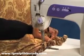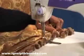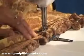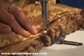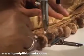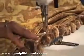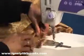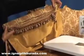And as I start to sew, you'll notice how it's gliding through all those layers of thickness, through the pleats, through the braid on the trim. Nothing's getting caught, nothing's getting hung up, and it just zips and whizzes along. I love this machine for its versatility. We're at the end of that, so we'll give it a little cut with our thread cutter. It's cut both the upper and the lower, and you've got beautiful drapes now to hang in your guest